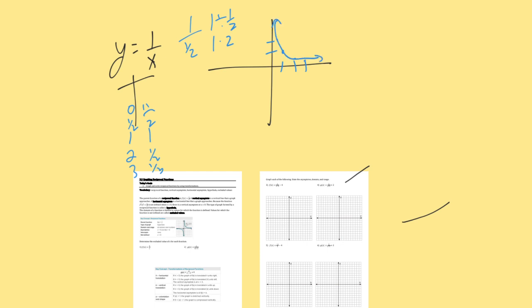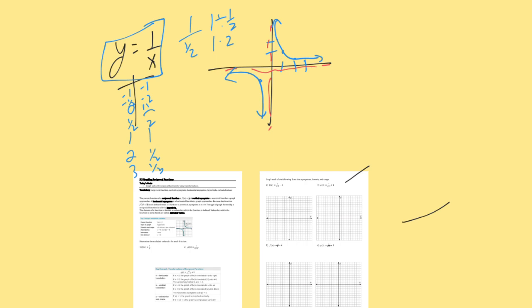It looks like there are asymptotes on the x and the y-axis. And that's true. If you plug in negative values, like -1, you're going to get -1, or if you plug in -1/2, you're going to get -2. So these will graph to be these values right here. The shape that you see is a hyperbola, and we're going to be transforming this as if this is our